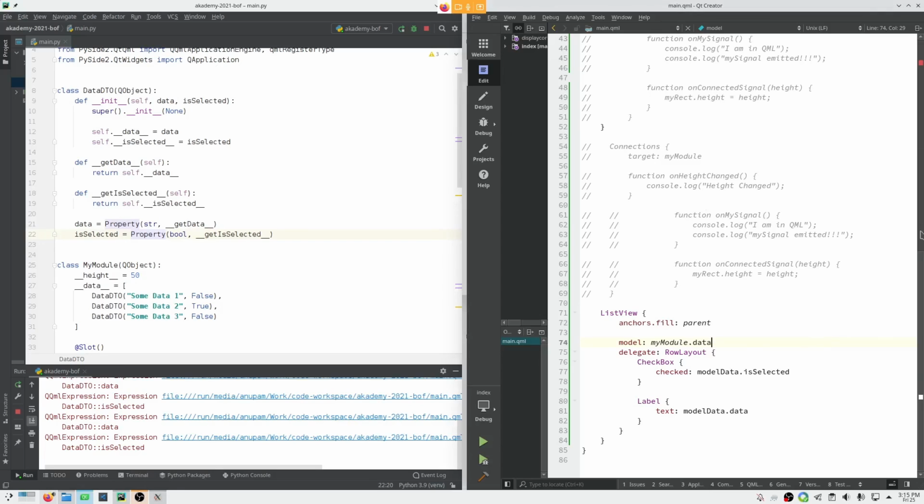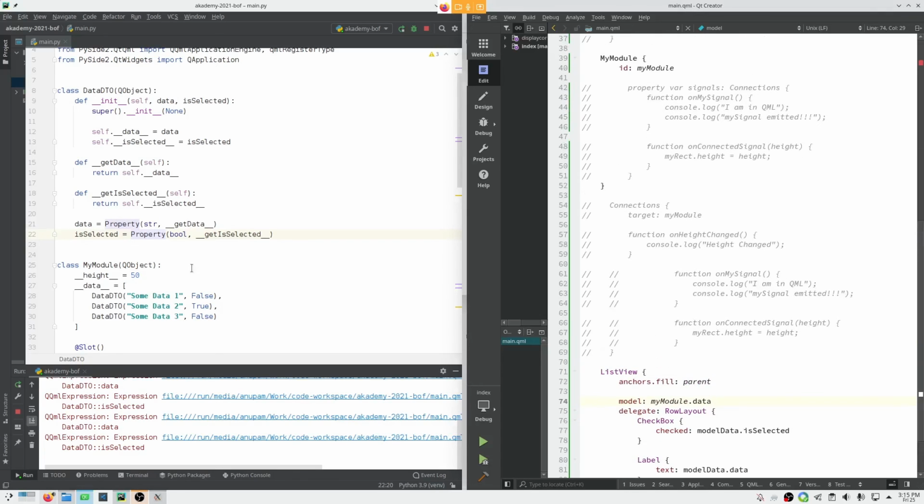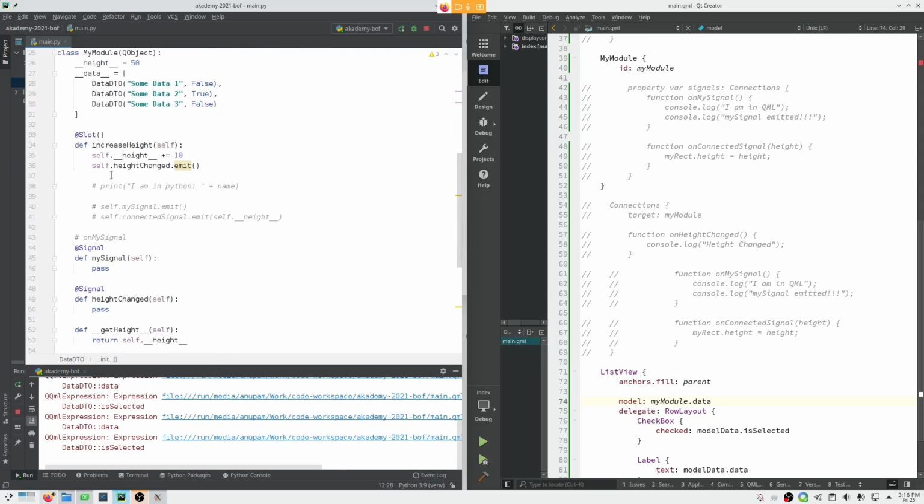And just like I showed above, how to define a notifiable property, if you think your data needs to be updated at runtime, you will need to define a corresponding notify signal with these properties, so that at runtime in your Python code, whenever you need to change that data, you can change it and notify the QML engine that the data has changed. You need to re-render the UI. You can just emit that signal just like I did here.